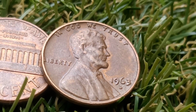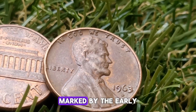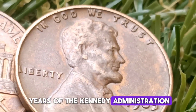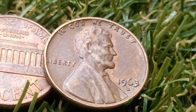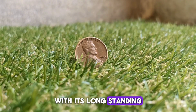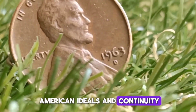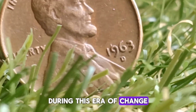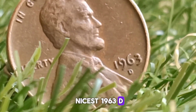1963 was an interesting year in American history, marked by the early years of the Kennedy administration, the burgeoning civil rights movement, and the space race. The Lincoln penny, with its long-standing depiction of a revered president, remained a symbol of American ideals and continuity during this era of change. In that role, I found some of the nicest 1963 D Lincoln cents that I have